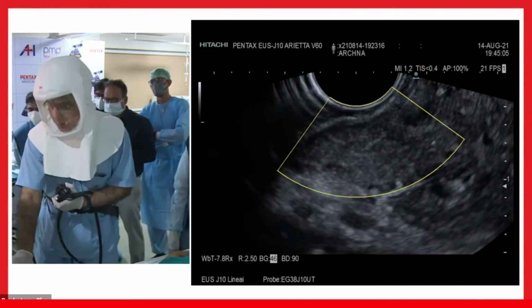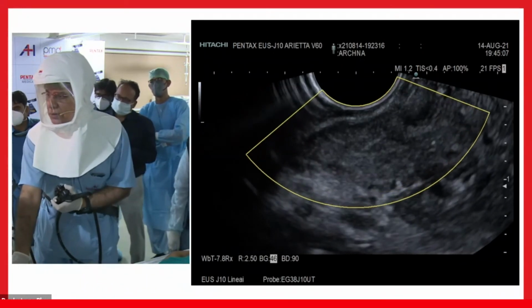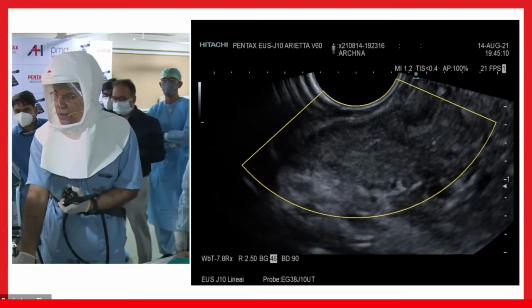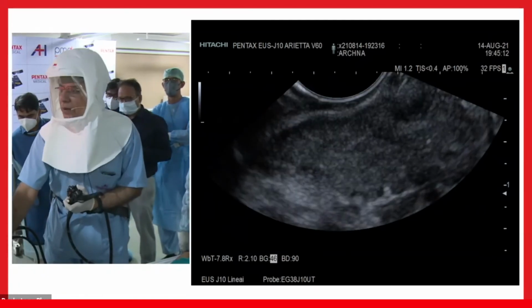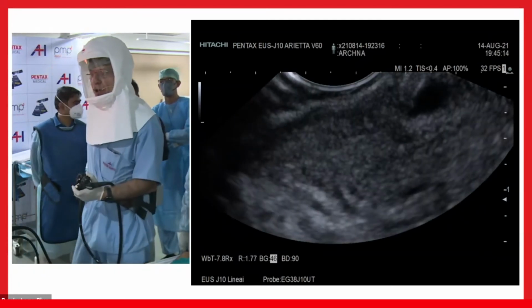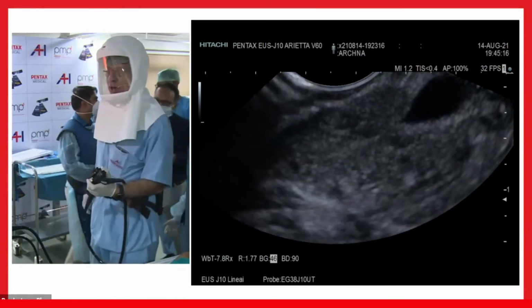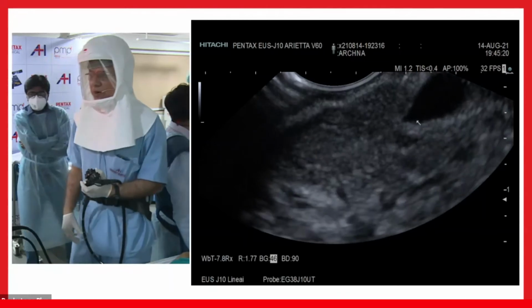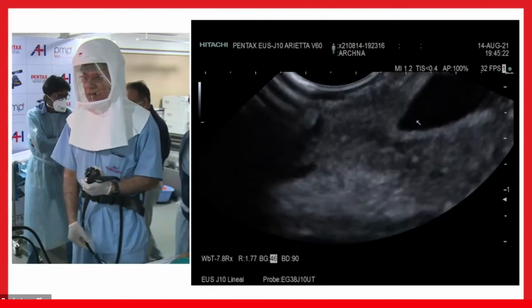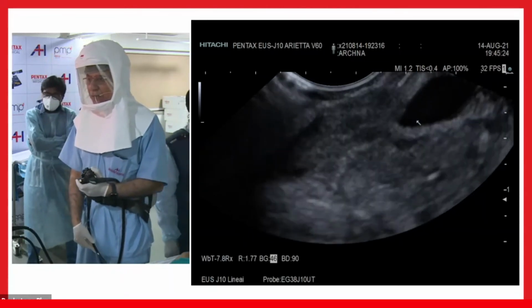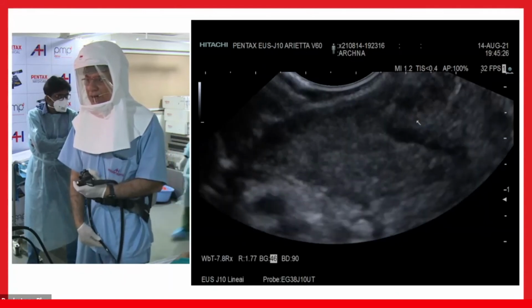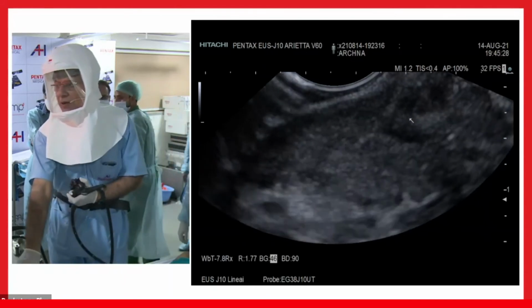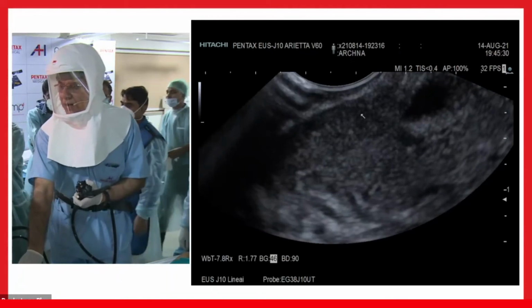Bring the focus up, enlarge the size of the box, concentrate on finding whether there is a stone higher up, update it, push in water. Now is the time you push in water and need 150 ml of water, because right now at this particular place I am seeing the lower end of bile duct. I want to trace it, and this is the lower end of pancreatic duct. This is the lower end of bile duct, and somewhere here is ampulla.